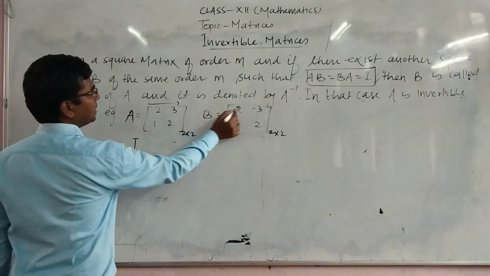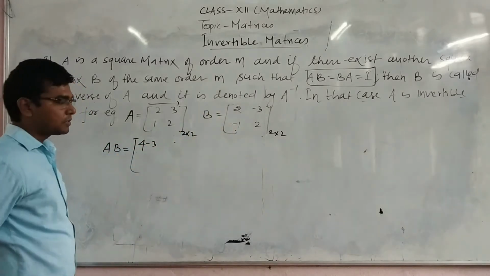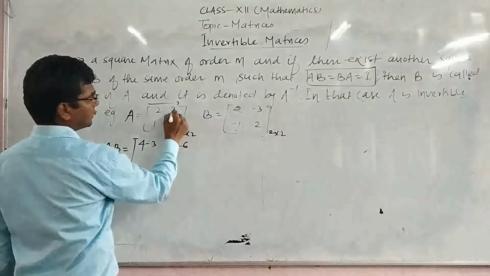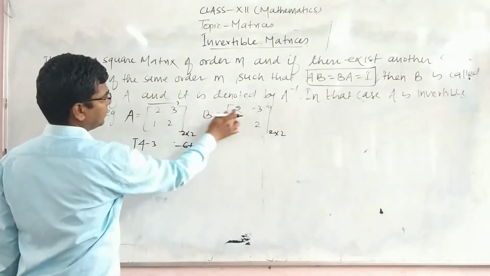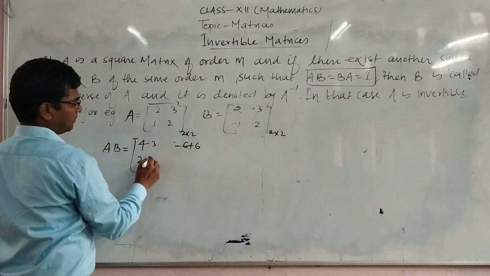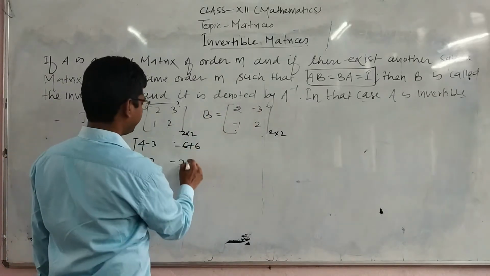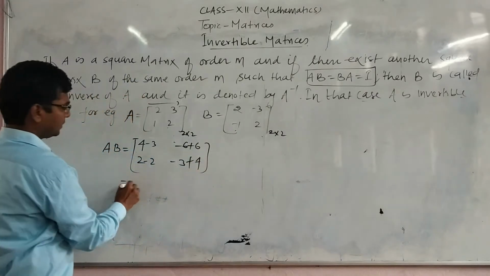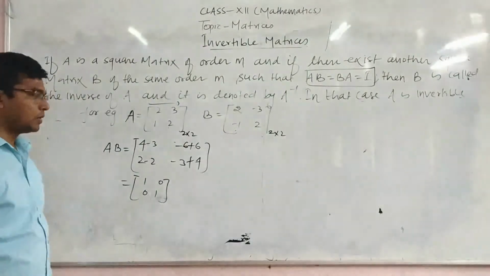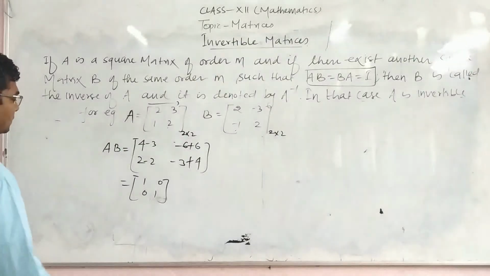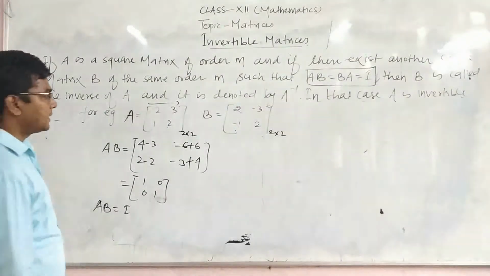Okay. So 2 into 2 it will be 4, 3 and minus 1 is minus 3. Similarly 2, 3 is 6, 3, 2 is 6. Then second row, first column, 1 into 2 is 2 and minus 1. Then 1 into minus 3, and 2 into 2, 4. So definitely this is an identity matrix of the same order, right? Clear? So AB is equal to identity matrix.